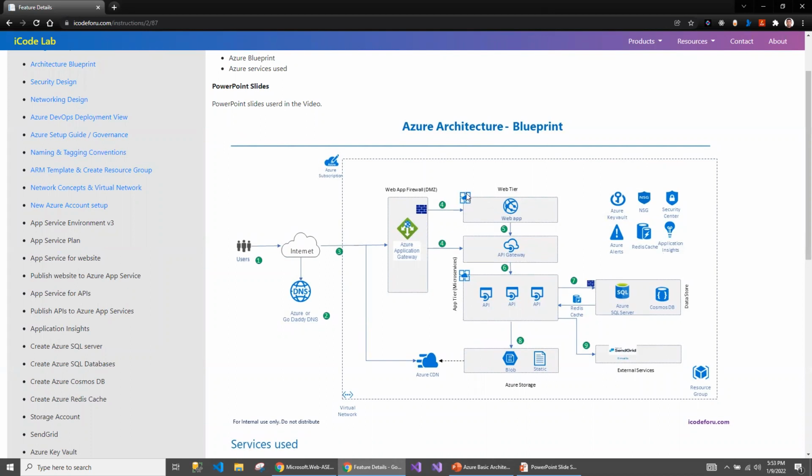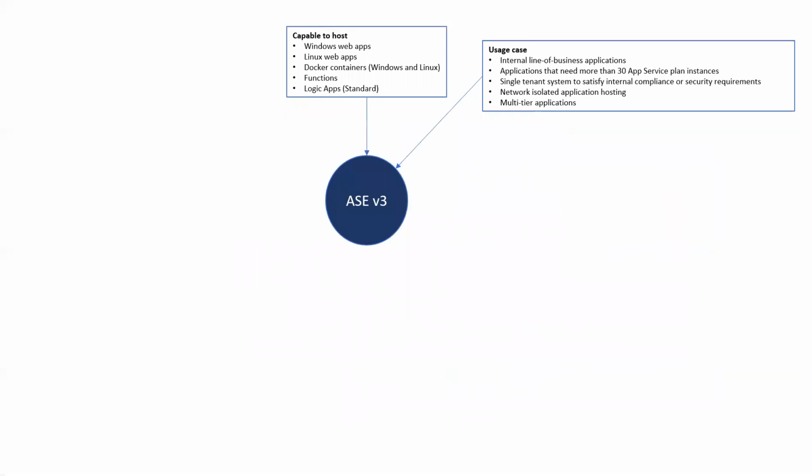So I'm going to have an App Service Environment with an App Service Plan for the web tier and an App Service Plan for the app tier. That's the basic architecture requirement. That's why I have selected the App Service Environment here. And I know that I'm going to host more than 30 App Service Plans inside this App Service Environment. So make sure that you fully utilize your App Service Environment, since you are spending too much money on its provisioning.